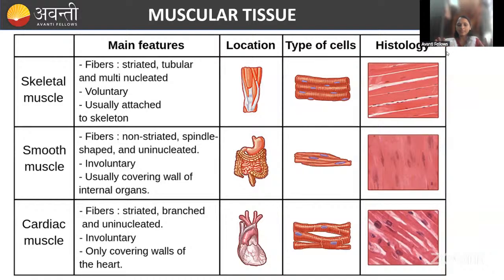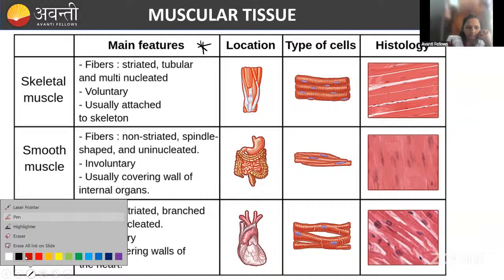These all are the skeletal muscles. These muscles are attached to the skeleton. For example, bones are attached to the muscles, right? That is nothing but the skeletal muscles. So here you can see what the main features are. These are all very, very important. What you have to remember here is